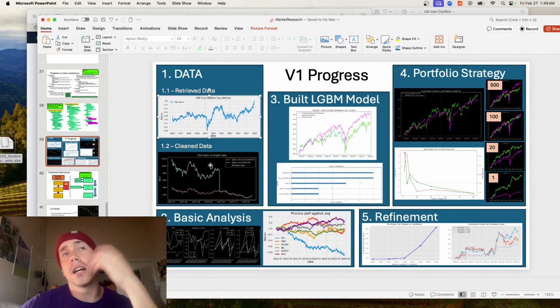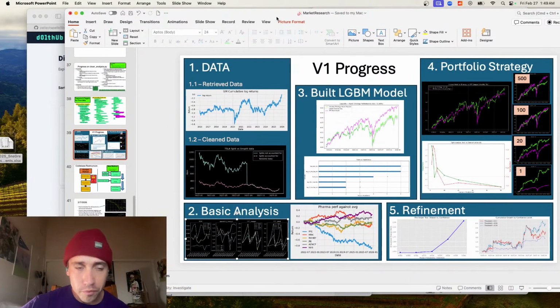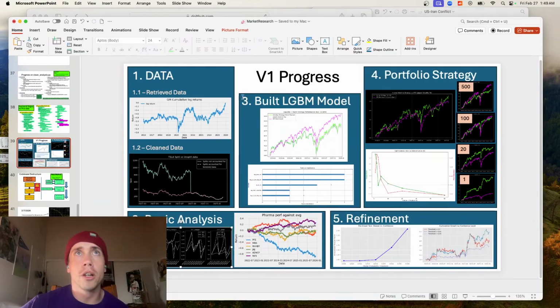But back to this, yeah, so I found a better data source, got that. I had to do some stuff to clean it up, namely stock splits weren't accounted for. I just had the price for every day, so I had to go back and account for stock splits. You can see I did that here. Then I did some basic analysis. These are fundamental variables, just looking at how they change over time, comparing different stocks, comparing stocks in a sector to the average performance. You can see underperformers and overperformers. But this stuff is qualitative, so you're not really able to automate anything with this.